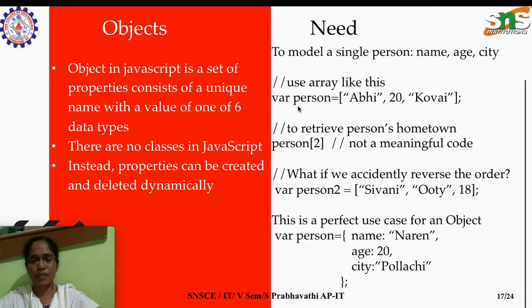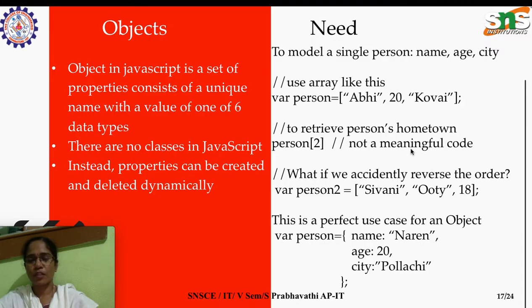So here I think we haven't introduced the array. In the next topic we will be discussing the array in detail. So for this topic, let's have a little introduction about the array. Variable person as it is, and the array values are defined using square brackets with values separated by commas. So here is the string, number and string. Okay, so all types of values are accepted in JavaScript as opposed to other languages we have seen so far.